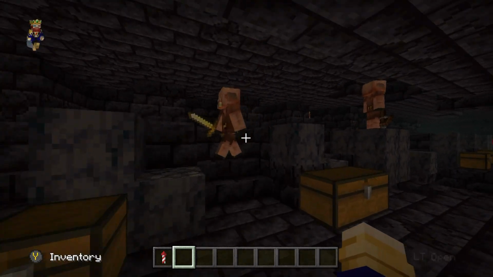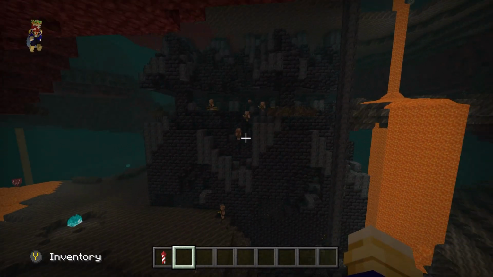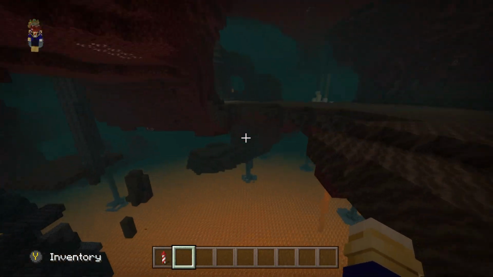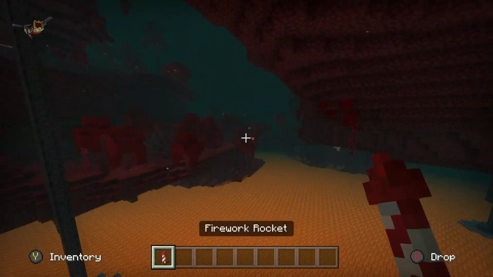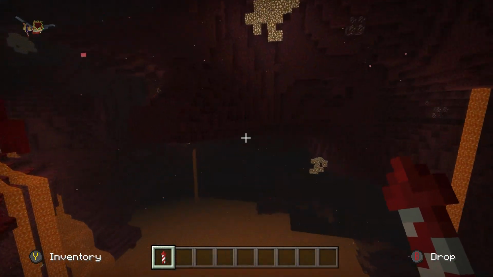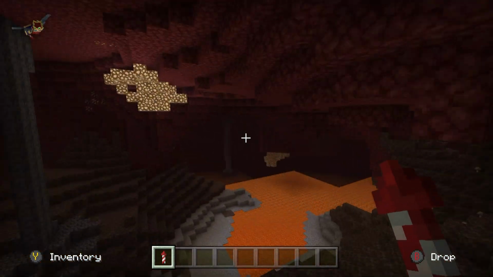Wow. That's a shitload of loot there. So I'm guessing these are like a corrupted Nether fortress in a way. I'm assuming the original fortress is still here somewhere, unless they completely changed it out for those. But I'm assuming that you can still find regular fortresses, so you can find,